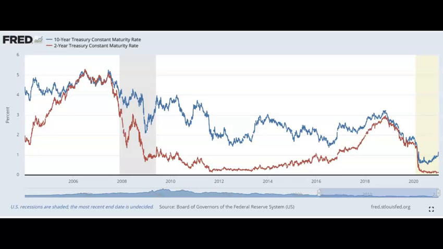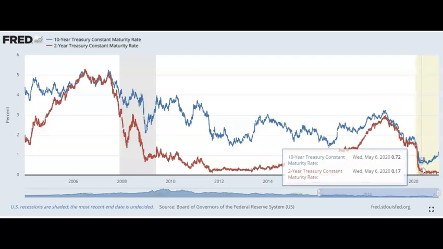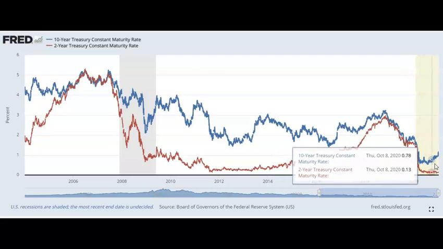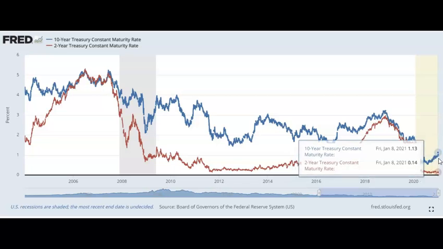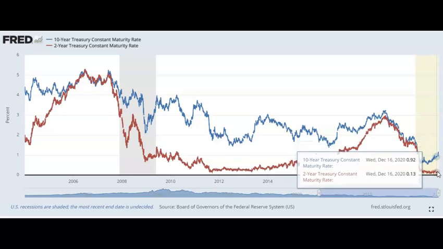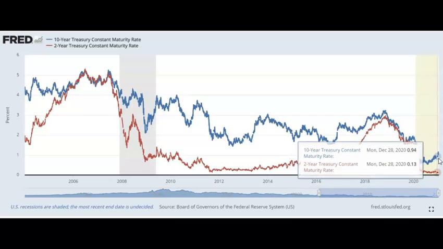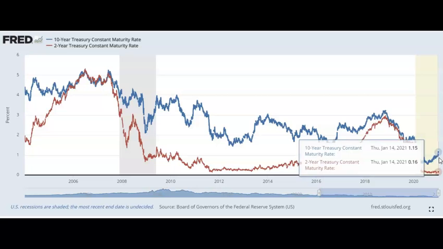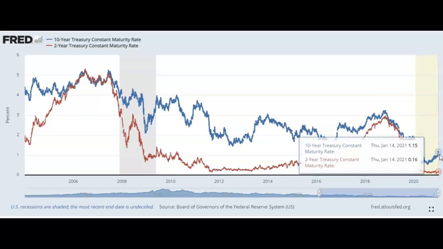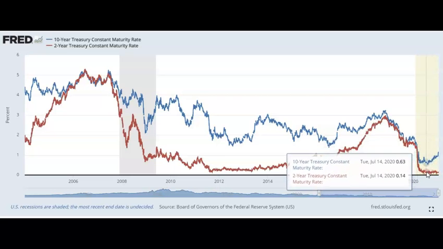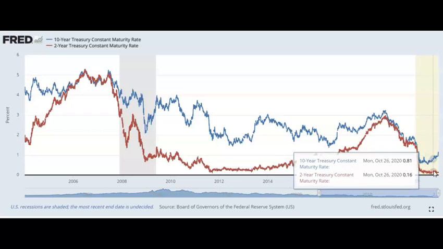So what does this mean to big banks? Big banks make money on interest income, and interest income is driven by this gap here. They loan money out based on long-term yields right here, the blue line, and then they take in deposits and pay interest on deposits based on short-term yields. That gap just recently started to grow, and long-term yields rose above 1%, and it has some upward momentum. Short-term yields have stayed relatively the same.